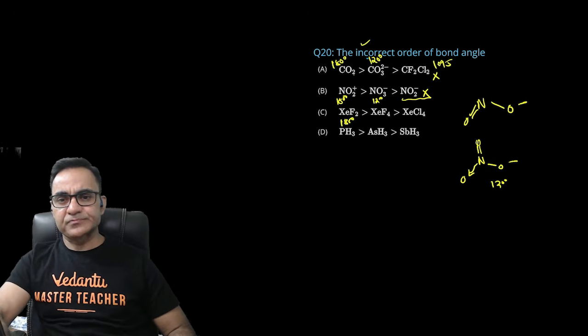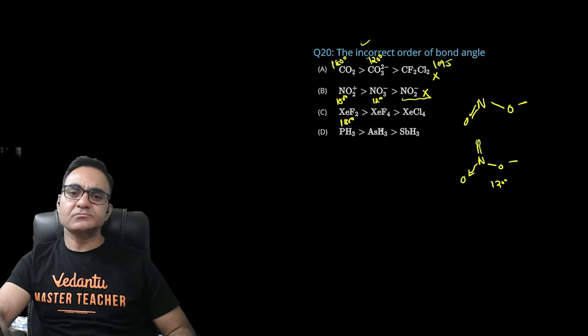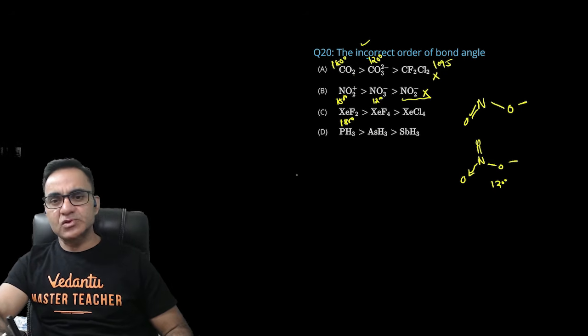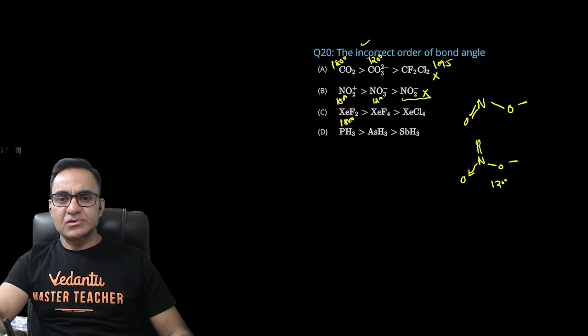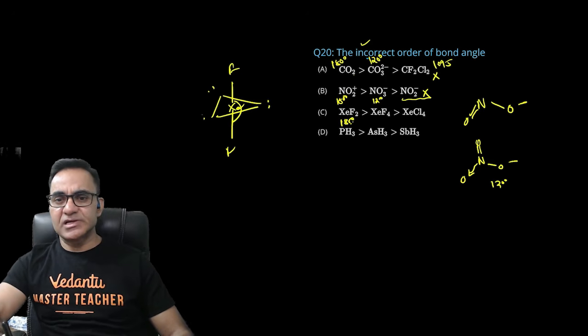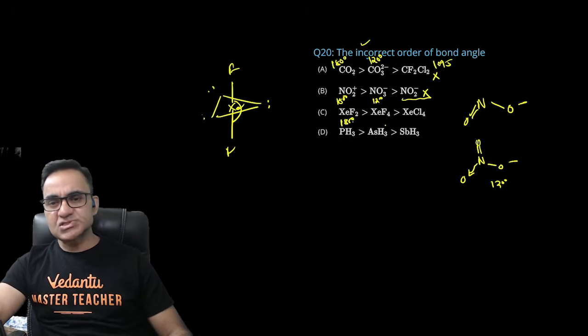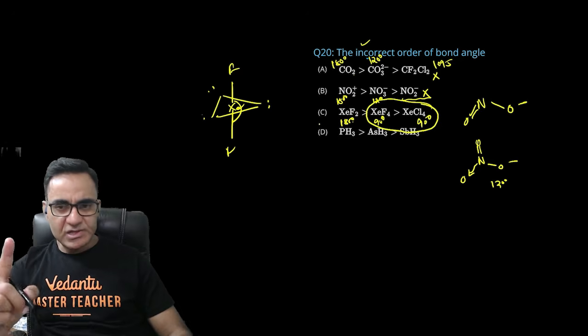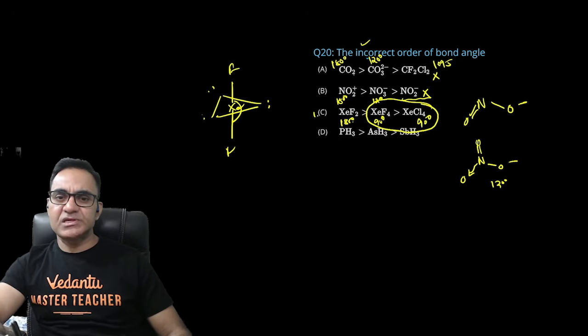XeF2 होता है 180 डिग्री। राइट, XeF2 में 3 लोन पेयर हो गए जेनन के और 2 एटम यानी 5 जुड़े हुए हैं। तो जब हम लोन पेयर्स को रखेंगे तो इक्वेटोरियल पोजीशंस पे रखेंगे, तो यहाँ पे जेनन है और ये फ्लोरीन है, तो ये 120 डिग्री और बाकी सब जगह लोन पेयर है, तो 180 डिग्री का एंगल आ जाएगा। XeF4 एक्चुअली स्क्वायर प्लेनर होता है, 90 डिग्री का एंगल आएगा, ये भी स्क्वायर प्लेनर होता है, तो एक्जैक्टली दोनों का सेम एंगल रहेगा और क्योंकि यहाँ पे डिक्रीजिंग ऑर्डर दिया हुआ है तो ये ही आंसर हो गया।